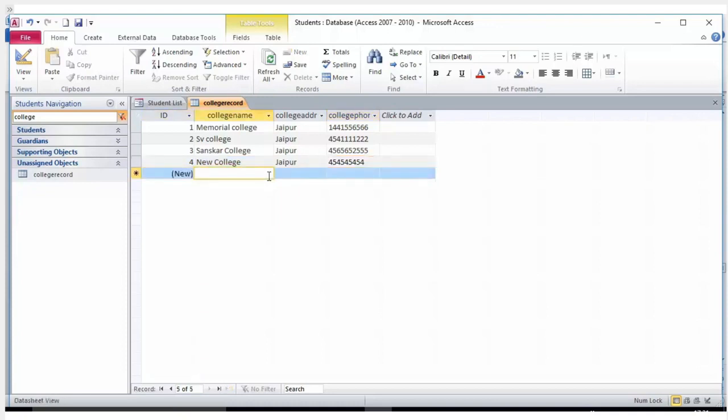To save the new record, press Shift plus Enter at any place in the record, or press the Tab or Enter key in the last column in the record, or on the Home tab in the Record group, click the Save button. Useful tip: